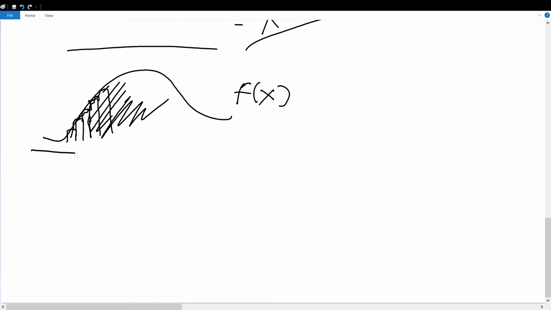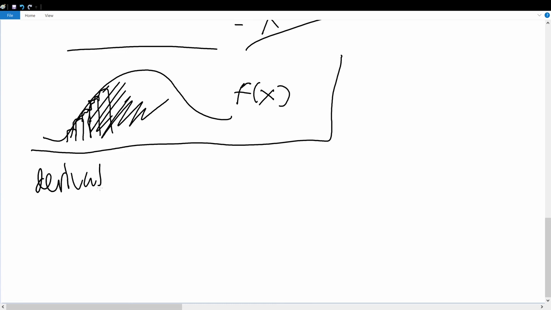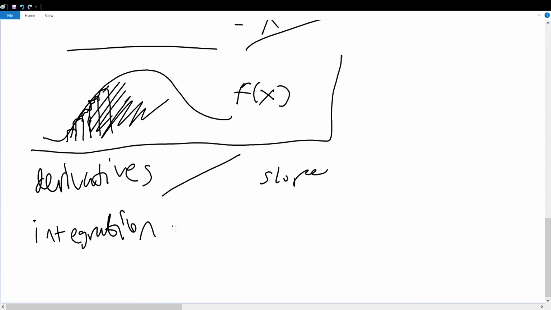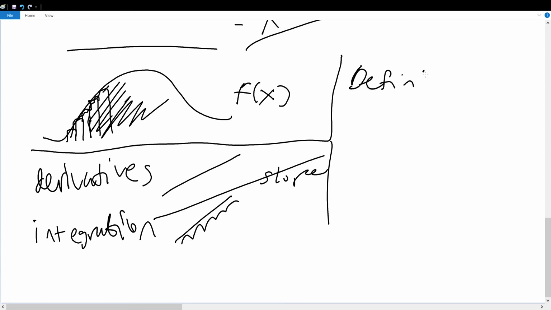Just to recap, derivatives are essentially slope. Integration is essentially what is under that slope, right? So now that we have this out of the way, we can do another key topic of integration called definite and indefinite